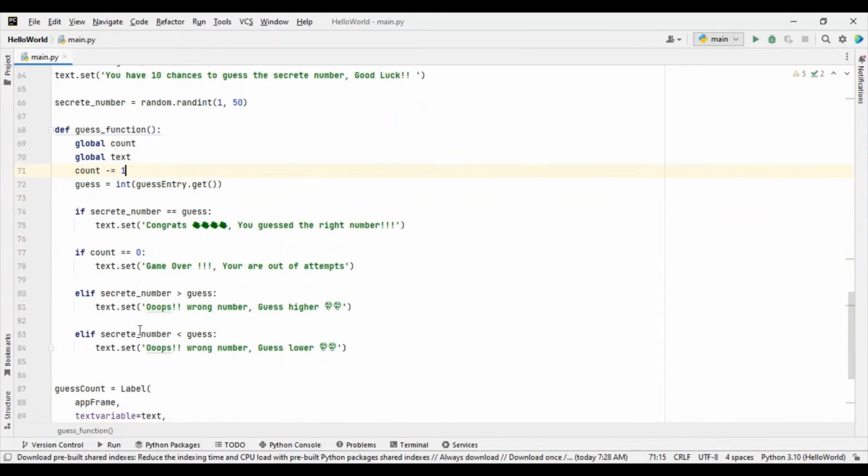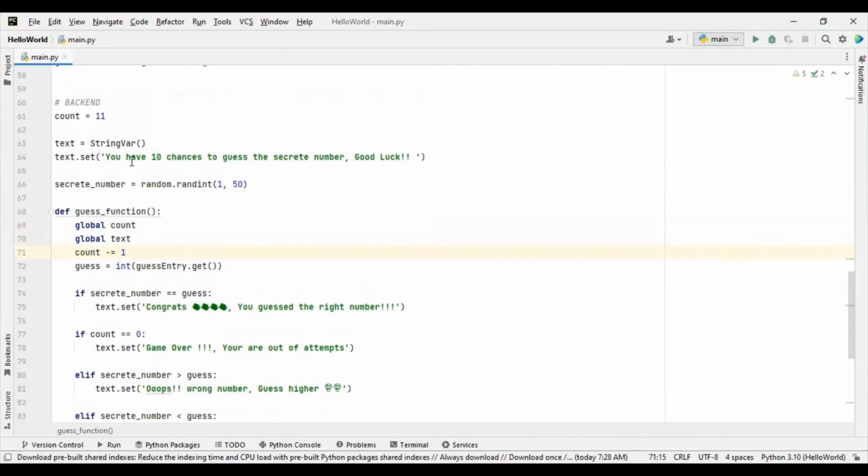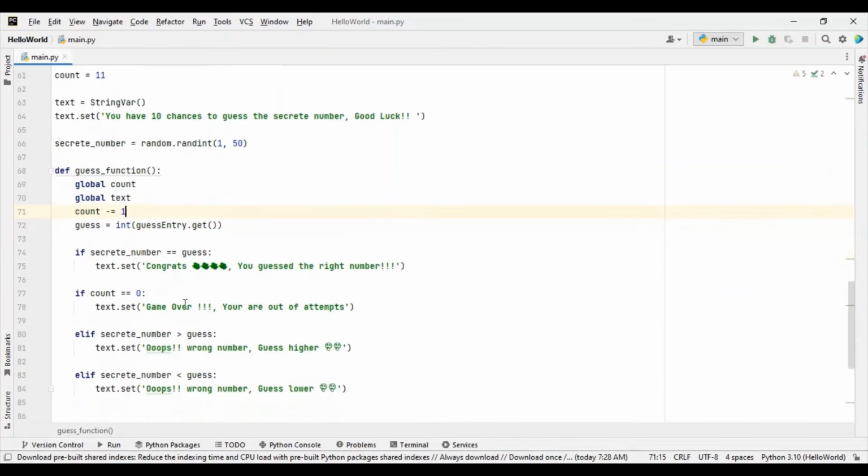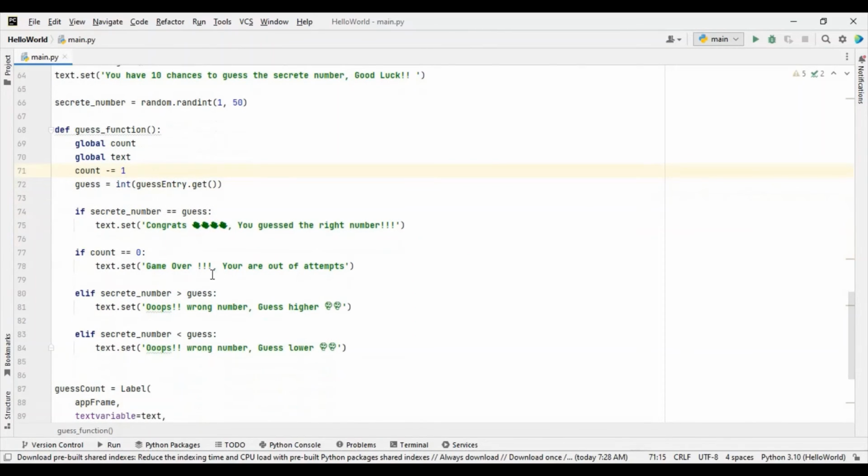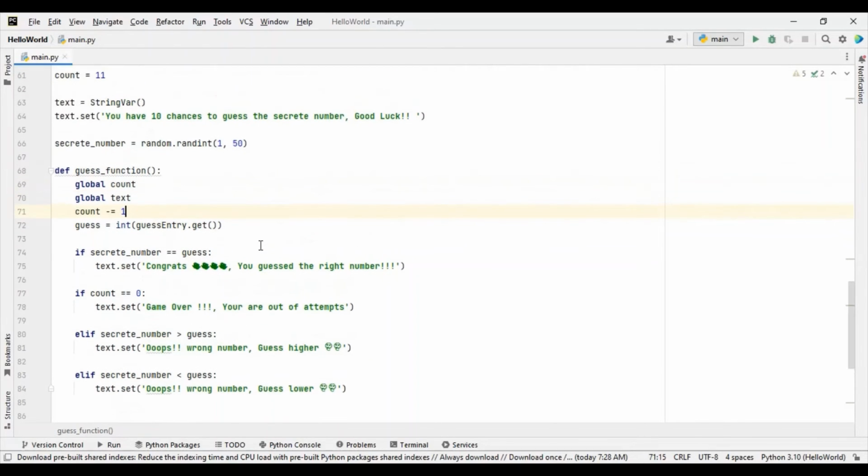So you realize here that we say if count is equivalent to 0. It means if the user keeps guessing the wrong number until this 11 reaches 0, then the user should not continue again. Then show this text: game over, you are out of attempts. So the user cannot continue again. Then if along the way the user didn't get to 0 and the user gets the right number, that's